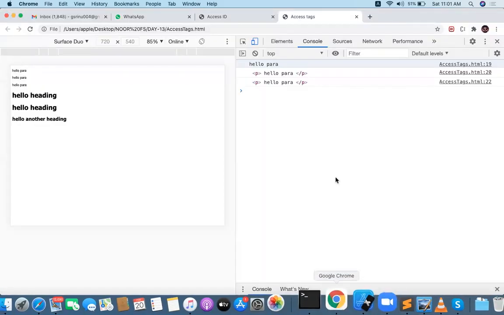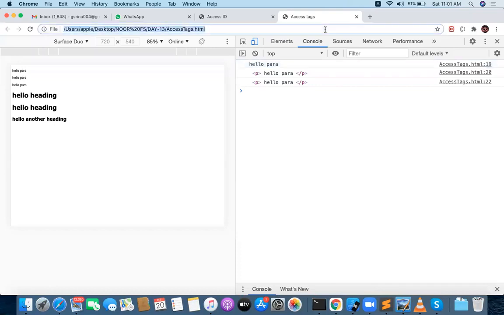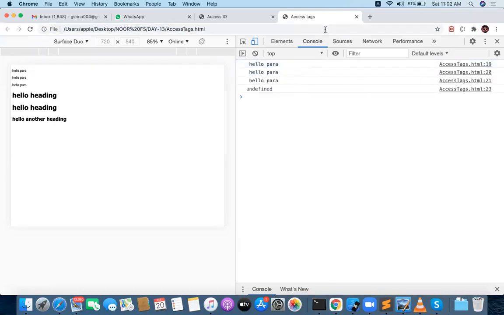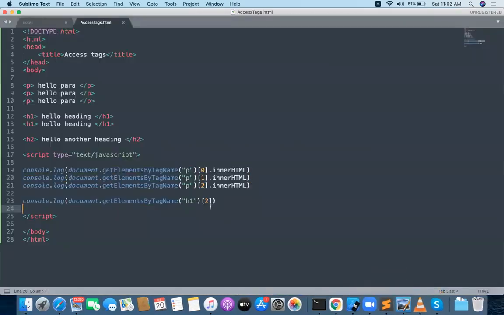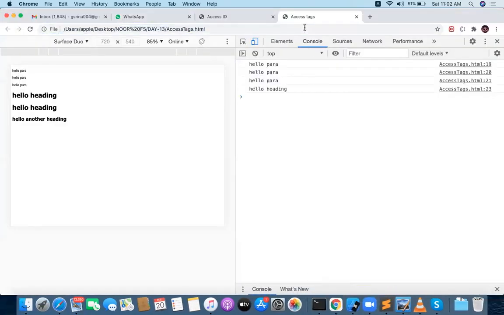Okay, let me check the output now. Unfortunately, instead of giving 0 and 1, you are providing 2. What happened? Undefined. So it is not giving an issue. It is not going to make you an error. It is procedurally going to make you undefined. Undefined means whatever you are saying in the console.log is not defined. You have not defined that one. Okay, can I go for the first one? Inner HTML. Can I see now what is the output of this? Hello, heading. We got it.